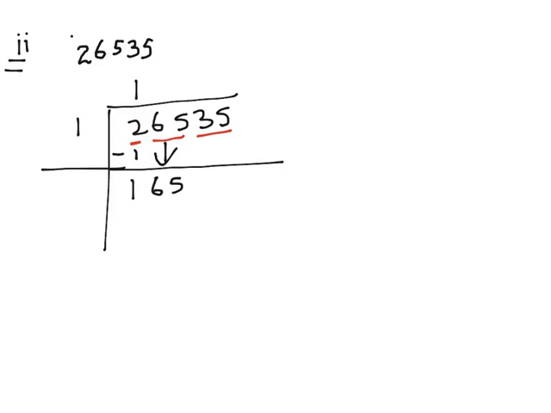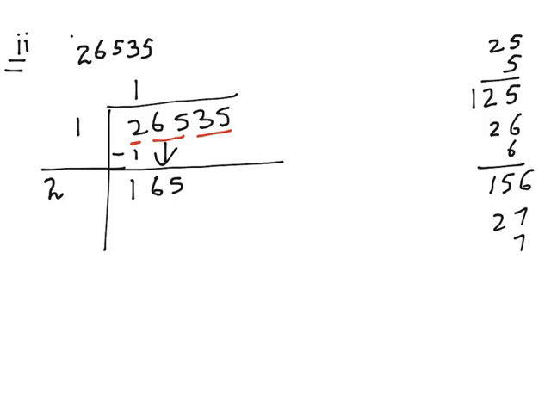Over here we will double the digit, that is 2. The next we have to find out a number that is nearest to 165. So let's start with 5. If I copy 5, 25 times 5 will give me 125. That is much farther than 165. So let's go with 6. So it will give 156. And if we go with 7, that will give us 189. That is greater than 165. So we will go with 6.